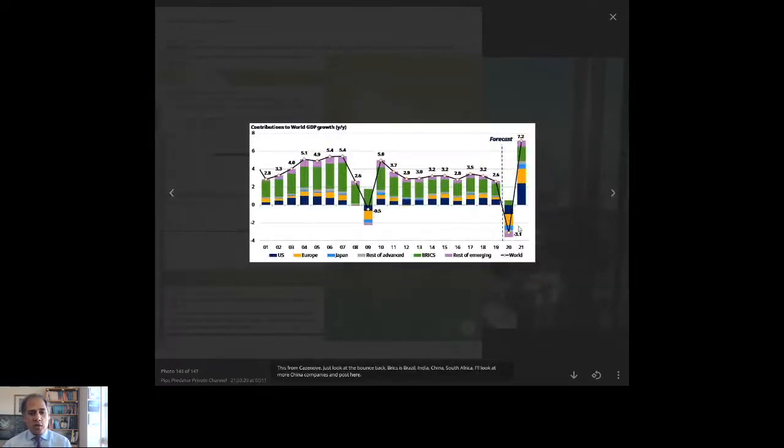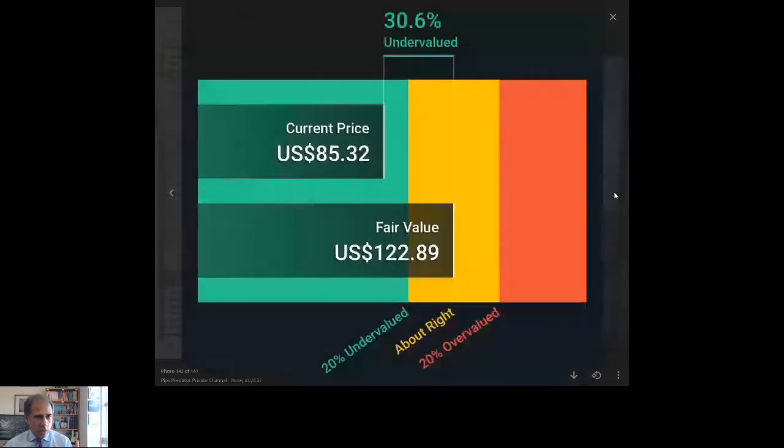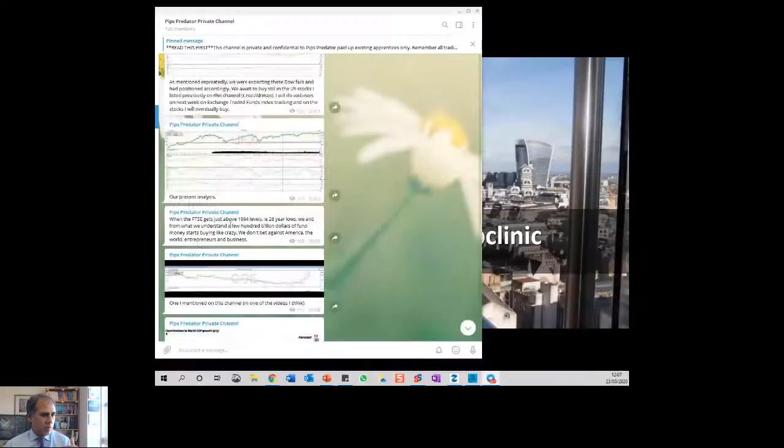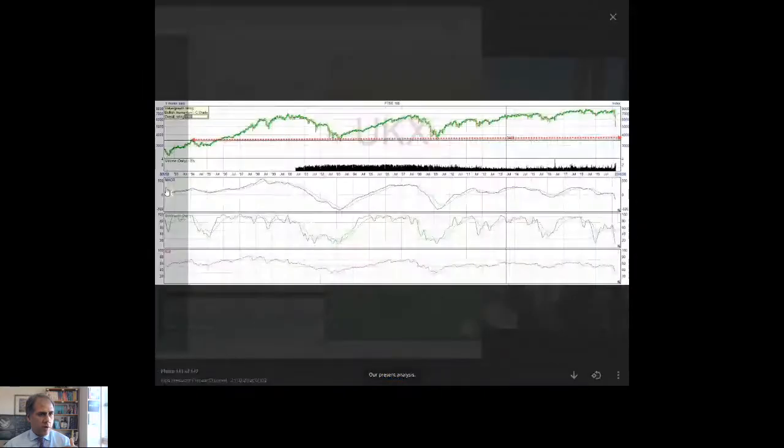The good news is we're going to have a sharp, this is from Cazenove, and I think we're going to have a sharp rebound. Okay, like I said, I'm flipping through some of these a little bit quickly. They're going to be on. I'll make these slides available to you, and this is being recorded. Right. So let's just go through some more of the images that I want to show you as well. This is, like I said, the Footsie. Just go through it in the right direction.